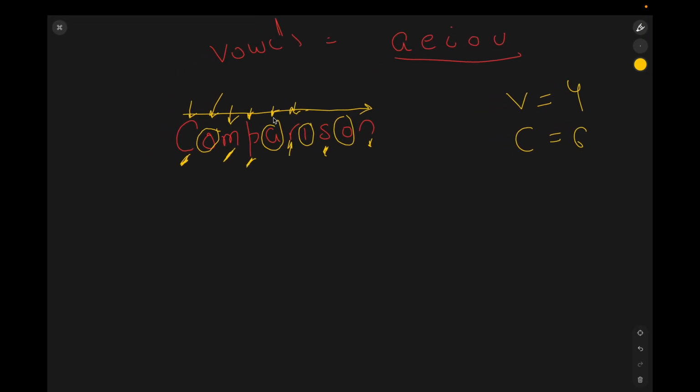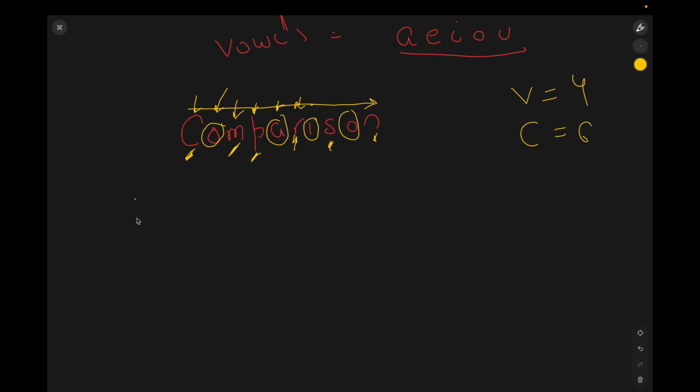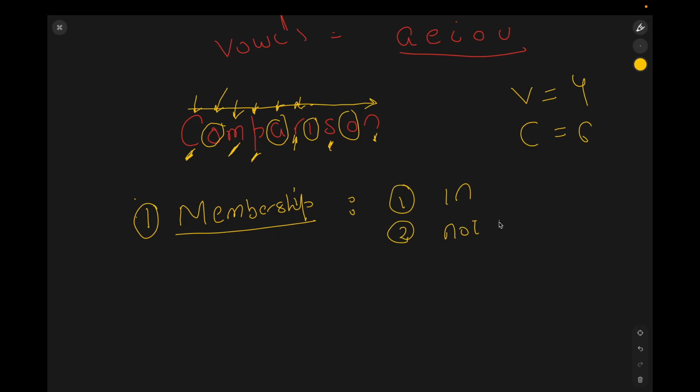So what we'll be using here is one type of operator, and that type of operator is called a membership operator. Right, so there are two membership operators. It's not a data type, it's an operator, right? We have two membership operators: one is in, and the second one is not in, right? If we make vowels as A E I O U and I take this C,